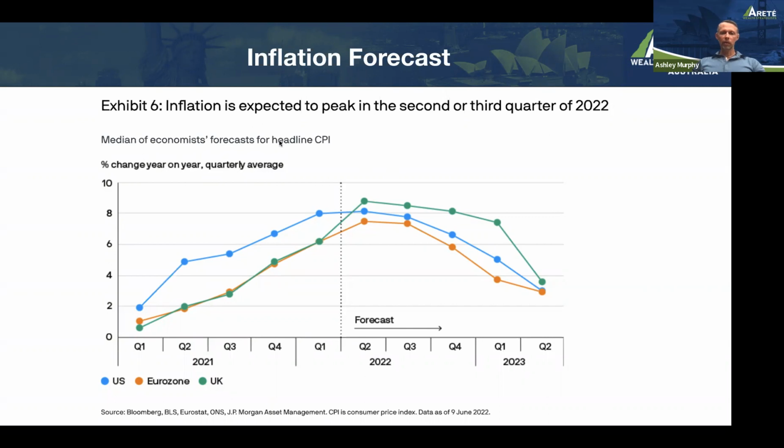So inflation forecast, it's expected to peak in the second or third quarter this year. I'm pretty confident that the Federal Reserve are keeping a very close eye on it, but it's really no surprise if you look at the money supply, what has happened, where so much money was pumped into the system a few years ago, so much demand was created, so little supply was fulfilled, and this is what happens. Prices go up as a result.